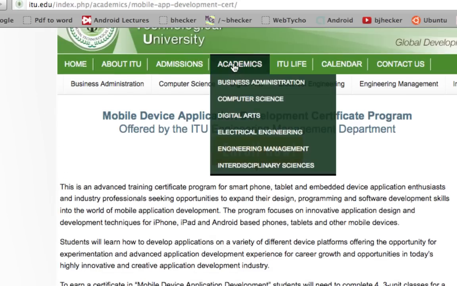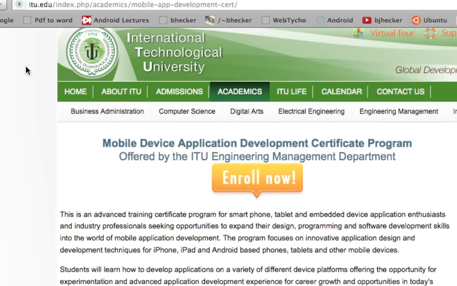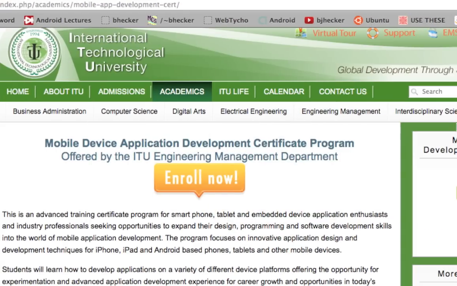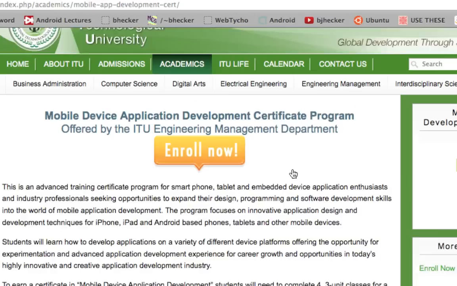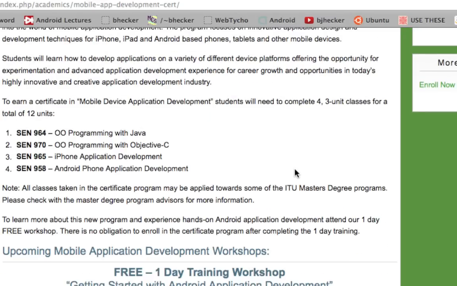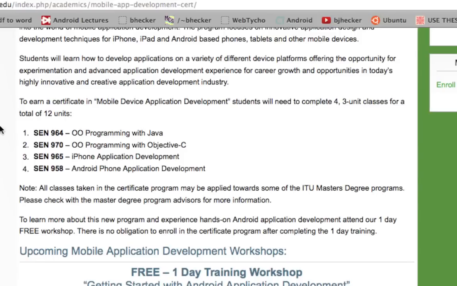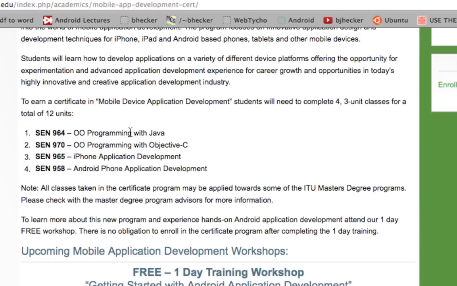It's on a university campus, so it's an opportunity to check the campus out, the other programs. One thing to note also, I forgot to mention, is that all of the classes in the certificate program also apply towards the master's degrees. So if you're a bachelor's student thinking about going for a master's, you can get started early on your master's degree by completing the certificate program and then applying those courses towards the master's degree.